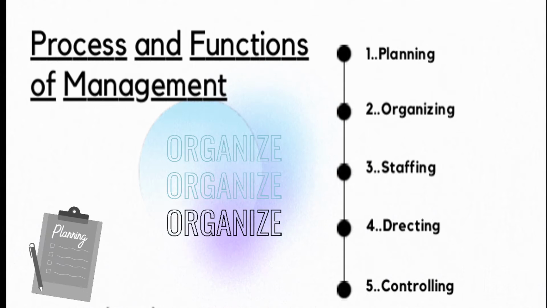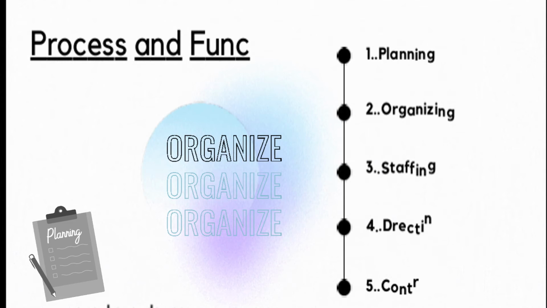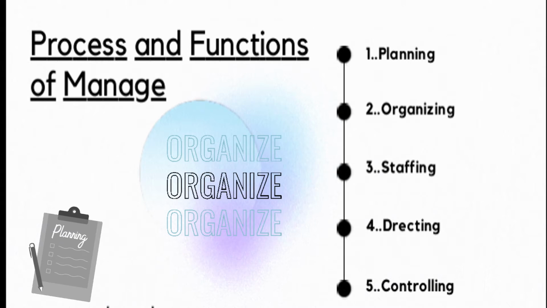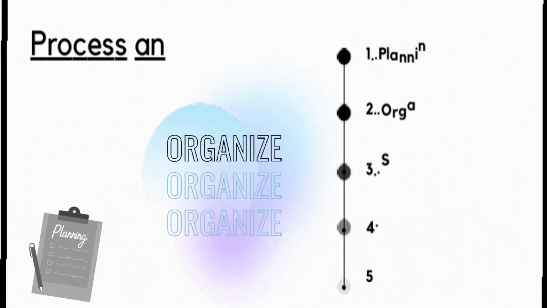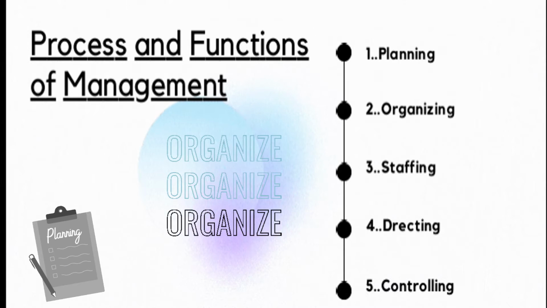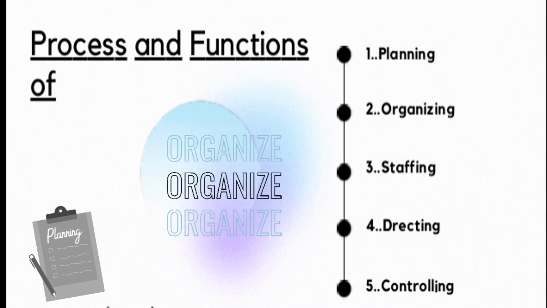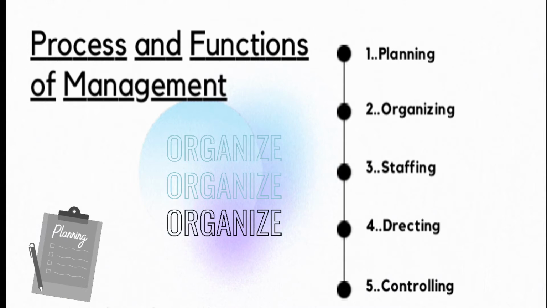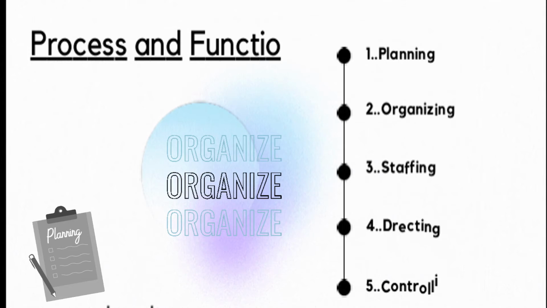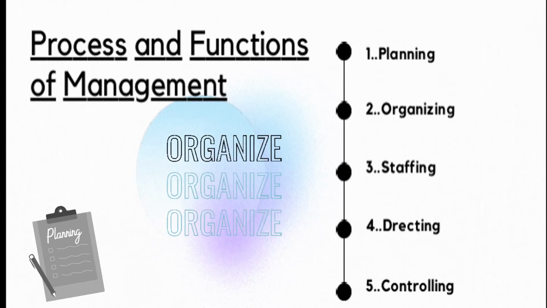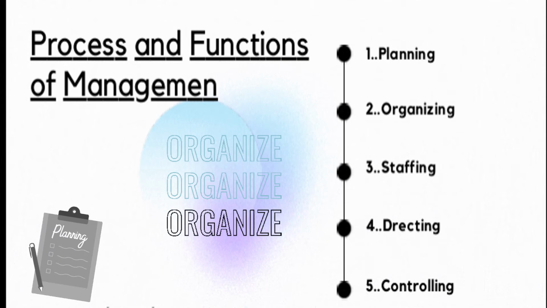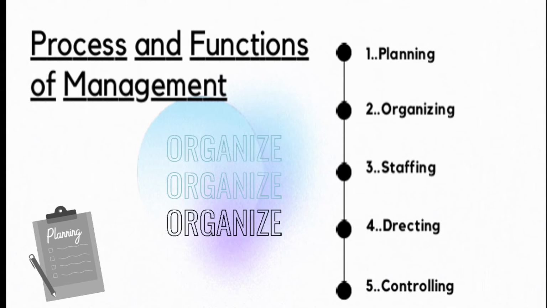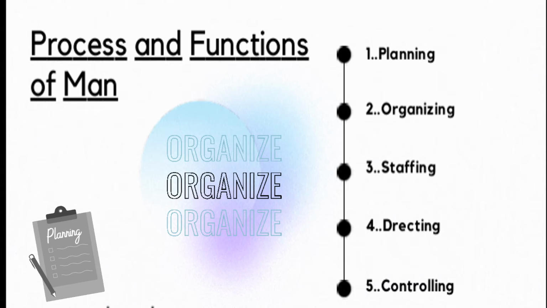Moving forward, we'll talk about directing. It is a part of managerial function which executes the organizational methods to work efficiently for achievement of organizational purposes. Direction has the following elements: supervision, motivation, leadership and communication. Now coming on to the last point, which is controlling. It implies measurement of accomplishment against the standards and correction of deviation, if any, to ensure achievement of organizational goals. Therefore, controlling has the following steps, which are establishment of standard performance, measurement of actual performance, comparison of actual performance with the standards, and finding out deviation, if any,